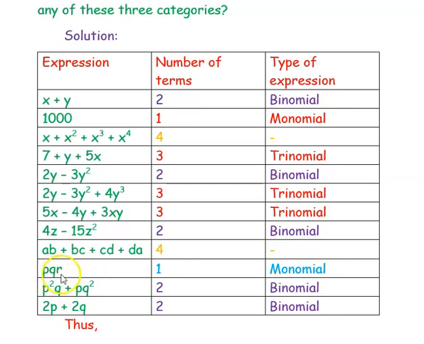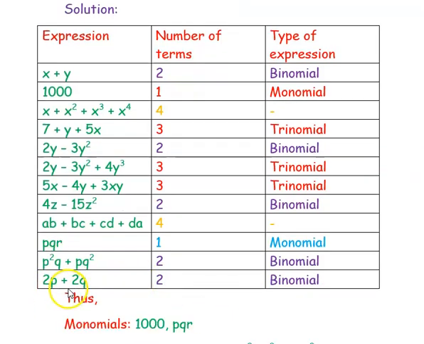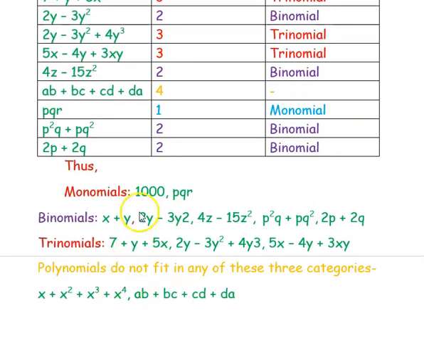Then pqr. So together you call it as one term. So it's a monomial. Then p square q plus pq square. So this is one term, this is one term. 2 terms. So it is a binomial. Then the last one is 2p plus 2q. First term, second term. So 2 terms. It's a binomial. So thus we can say the monomials are 1000 and pqr, and then the binomials are x plus y,